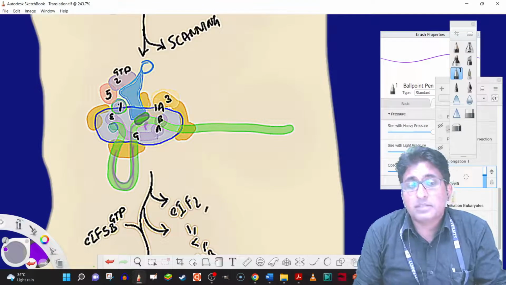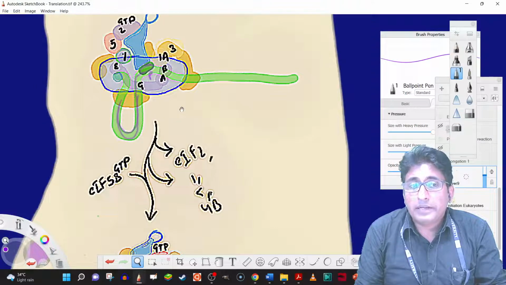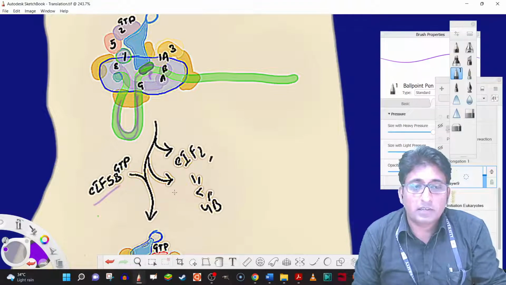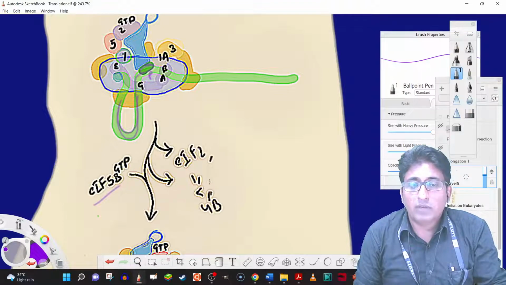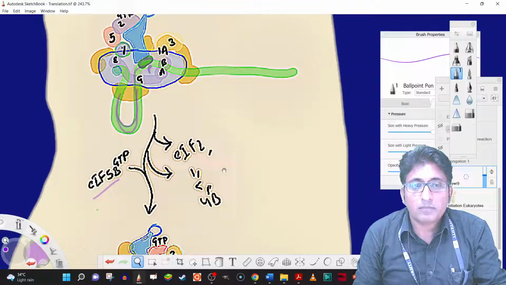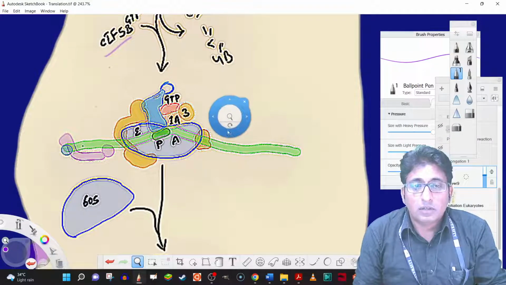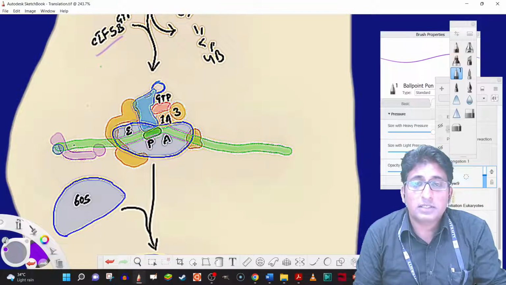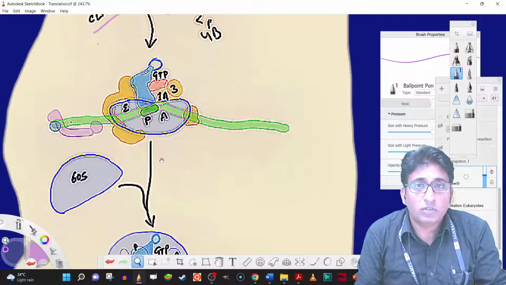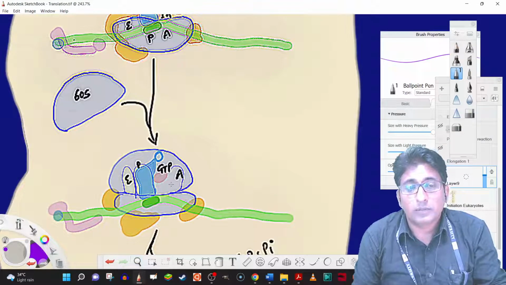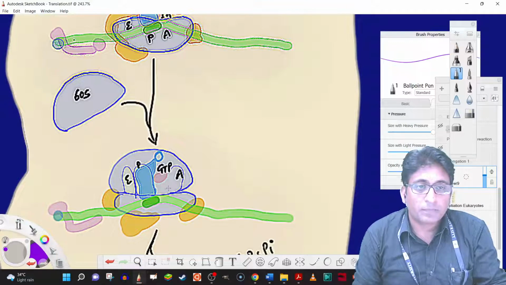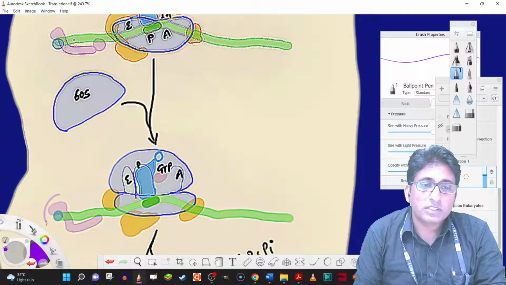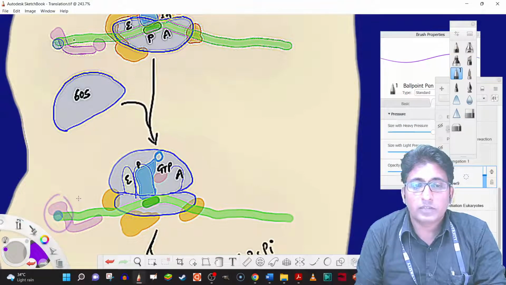And once that happens, that is when this pre-initiation complex will lose several of these factors like eIF5B, 2, 1, 5, 4B, etc. That will allow the space for the 60S subunit, that is the large subunit of the eukaryote, to be loaded onto the small subunit. That is when the small subunit will lose the affinity for the G cap, and it will leave behind those things and will start